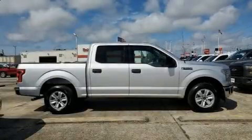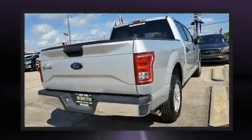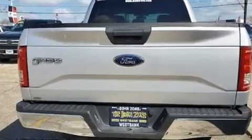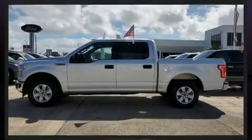Discerning drivers will appreciate the 2017 Ford F-150. It features an automatic transmission, rear-wheel drive, and a 3.5-liter six-cylinder engine. Top features include a split folding rear seat, delay-off headlights, a tachometer, variably intermittent wipers, a rear step bumper, and